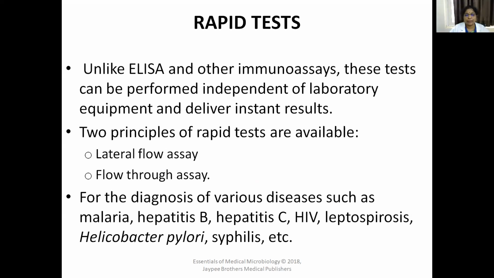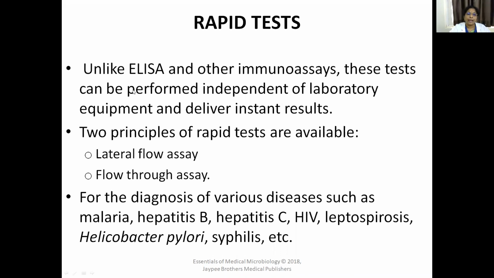That is time consuming, and the sample load also should be more for performing ELISA. Usually 96 tests are performed at a time. So if the sample load is not that heavy, we go with other tests. That is one cause where we proceed with rapid test. And the advantage of rapid test is the result is known in less time. So within half an hour, we can know the result. That is one advantage of doing this rapid test.